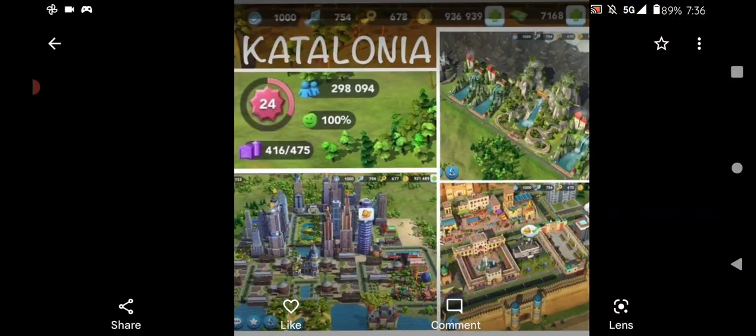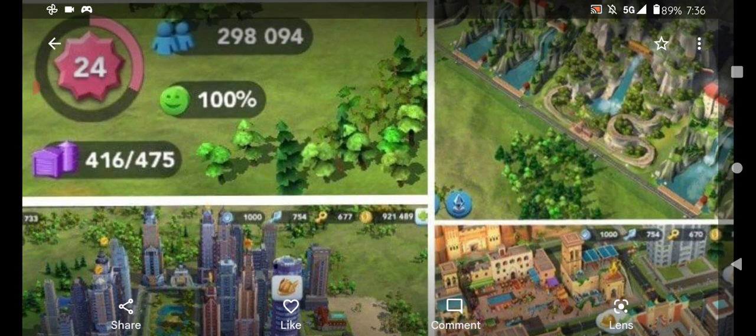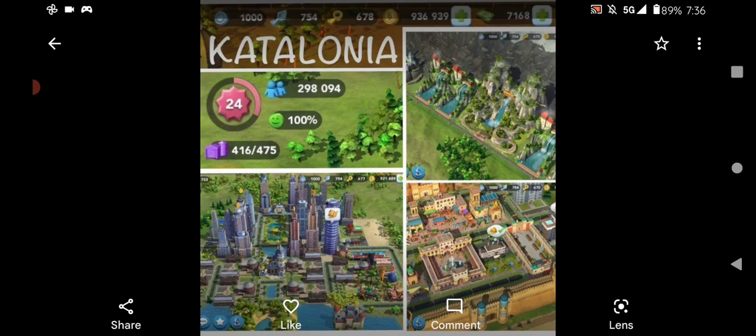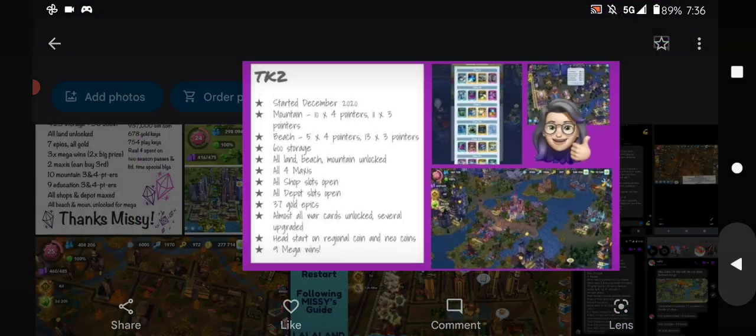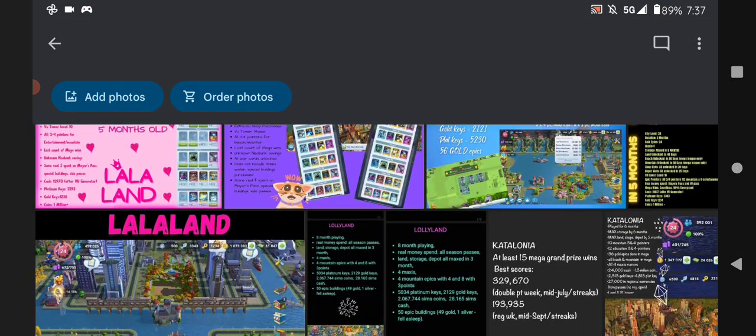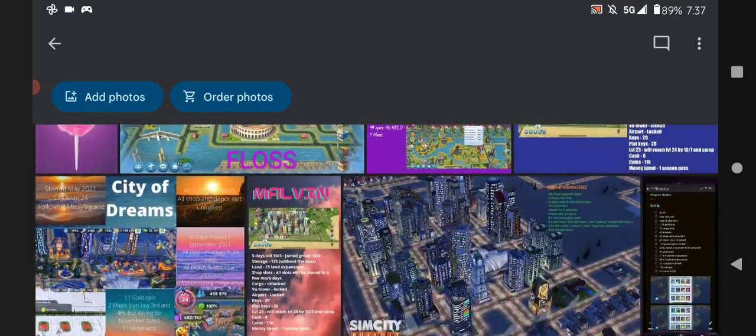Okay? Now, these are screenshots of her stats, so you can actually see proof that what she's saying is true. Okay? Same with her storage and her level. Now, she speed leveled to 24 as instructed, and this is the result of her doing so. Now, let's go and find her most current photo, which is